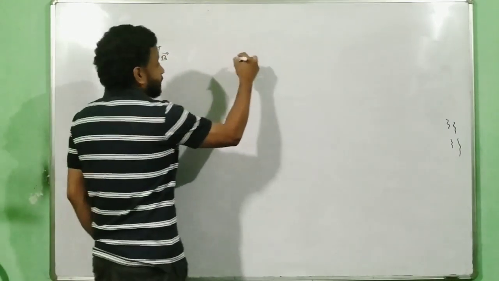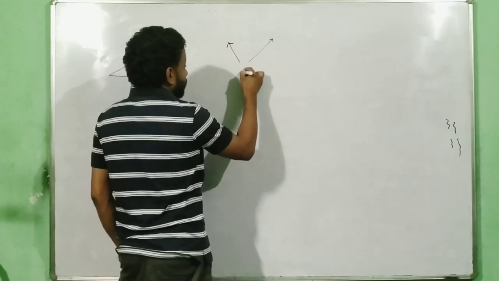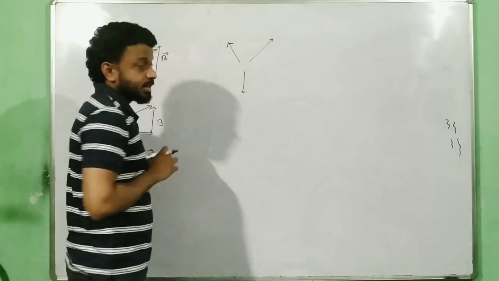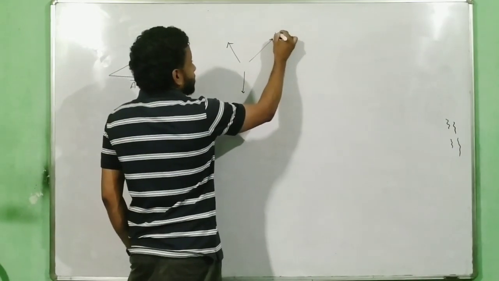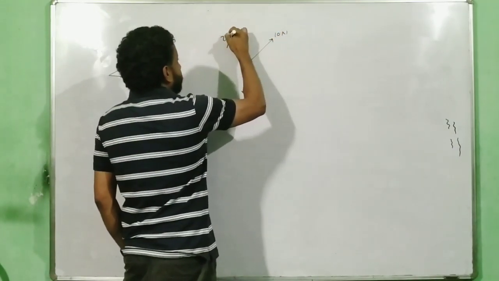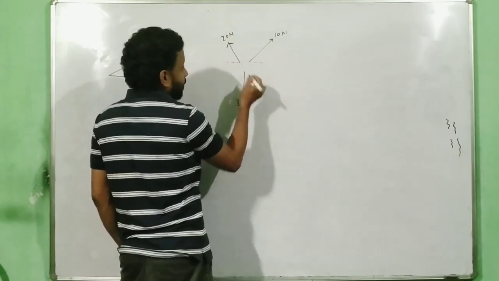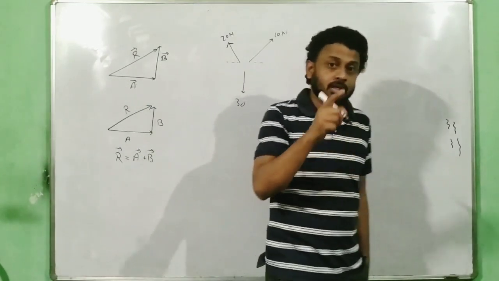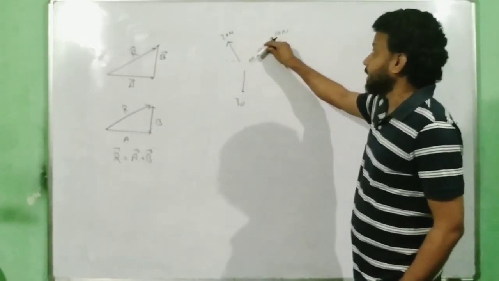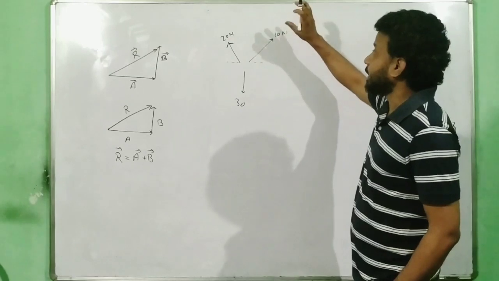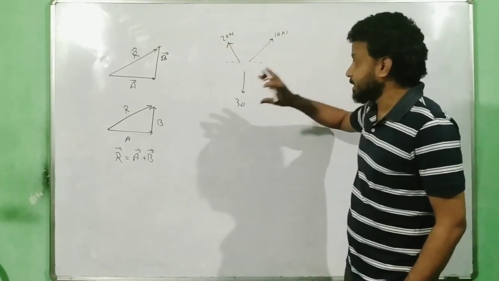Look here. Now suppose I have three vectors in a space: 1, 2, 3. Same question I discussed in the last lecture also. Suppose I give you values, let us say 10 Newton, 20 Newton, 30 Newton, and I give you the angles. Then if I ask you to find the resultant, you know how to do it, correct? You will find the components. Each vector you will name as vector A, vector B, vector C.